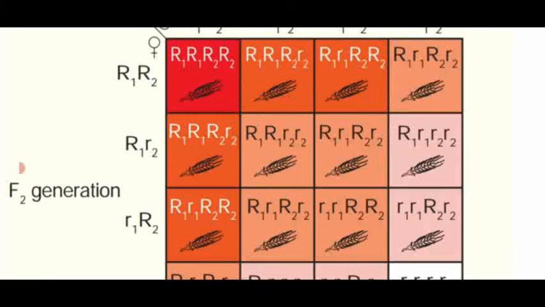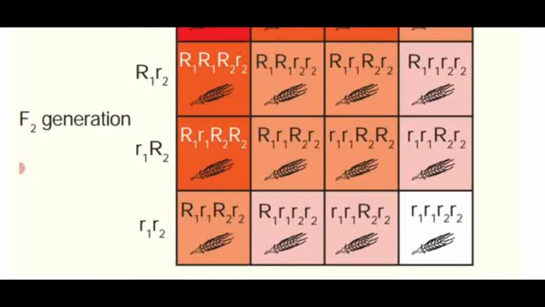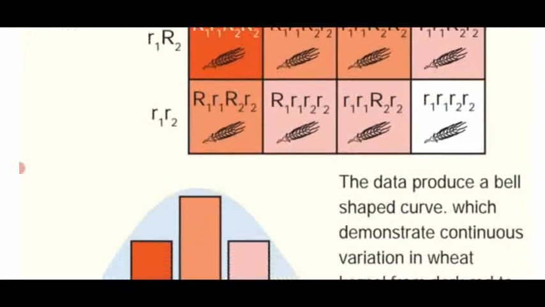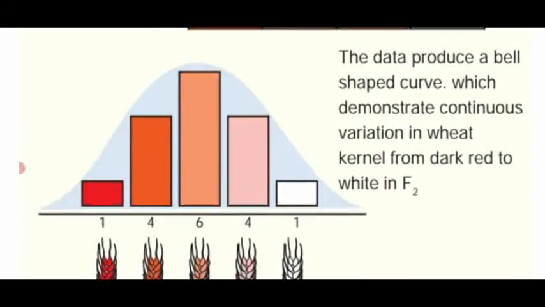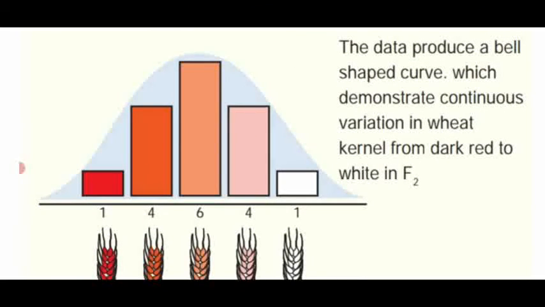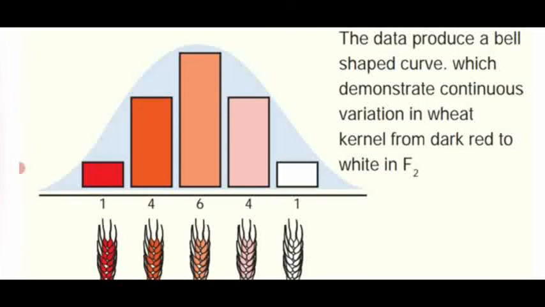Then remaining 4 is the light red kernel color. The last one is the white color. So these data are plotted in a graphical representation which produces the bell-shaped curve. See the diagram. This is the bell-shaped curve which determines the different color variability of the wheat kernel color determined